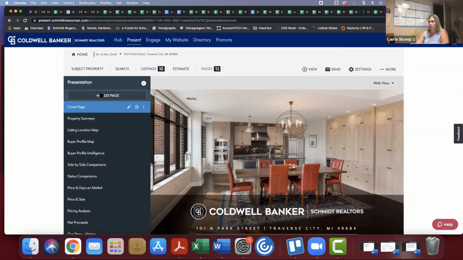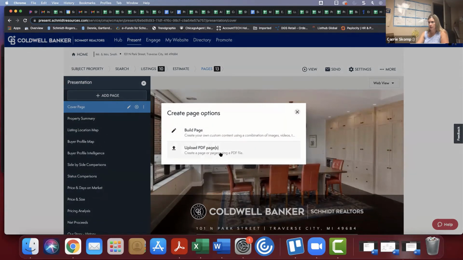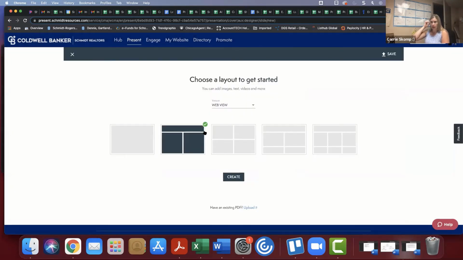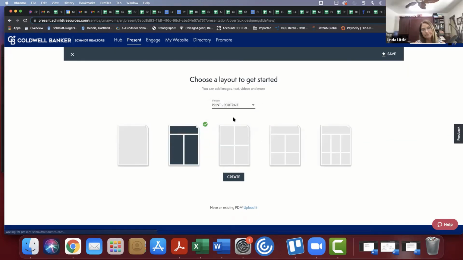If you want to add a page from within Moxie, you click add page, create new. Instead of upload PDF, you click build page. It gives you some standard options. It always will default to this one. You can choose some of the other ones, but then once you go into the next screen, you'll have further opportunity to customize it. You can see what it looks like on web,